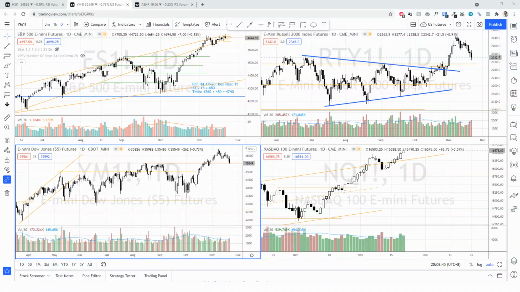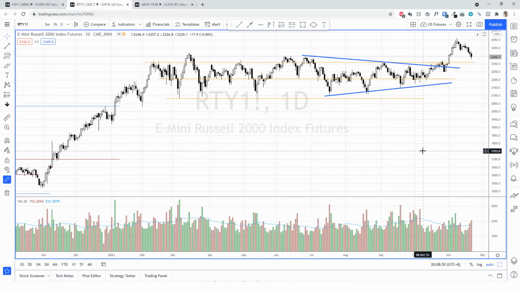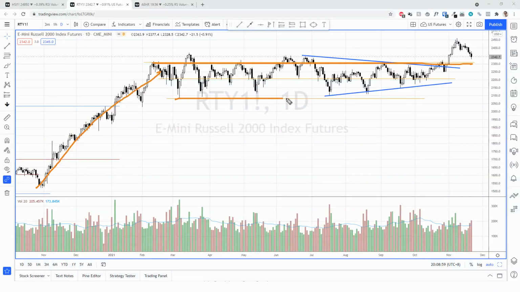And another thing that is very interesting, which I will talk more about with the ETF of the Russell 2000 later, is this Russell 2000 index futures. This is a huge reaccumulation range. You can see that this is a huge range and lasted close to a year, maybe 10 months. And recently it just broke out from the apex formation. I drew the apex formation in blue here. So you can see that this is a breakout.